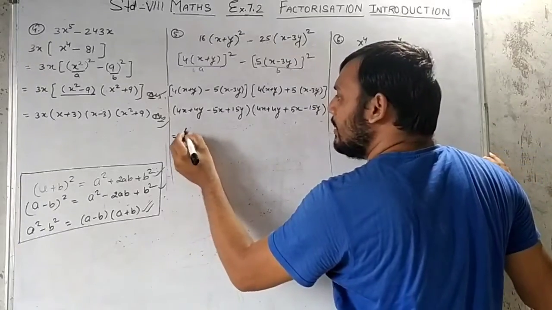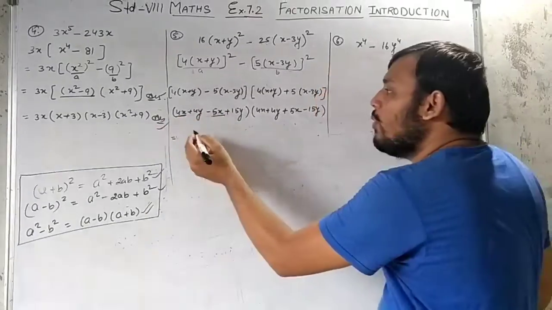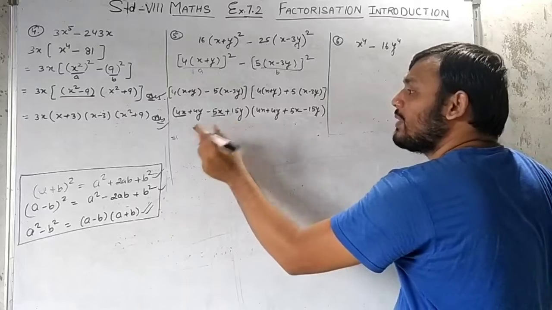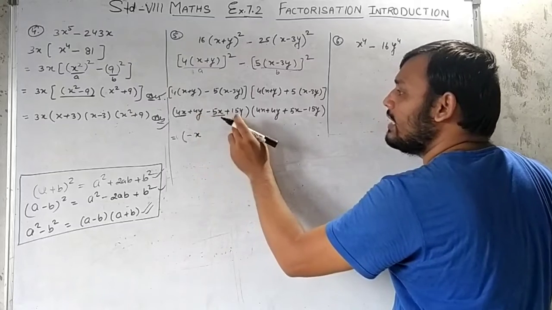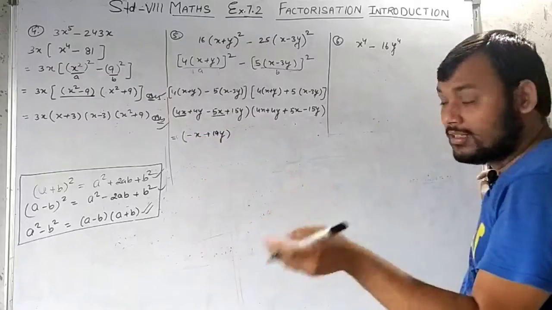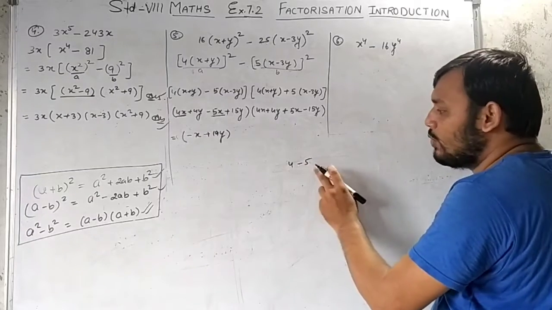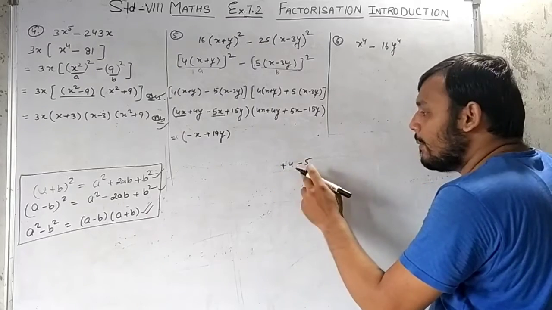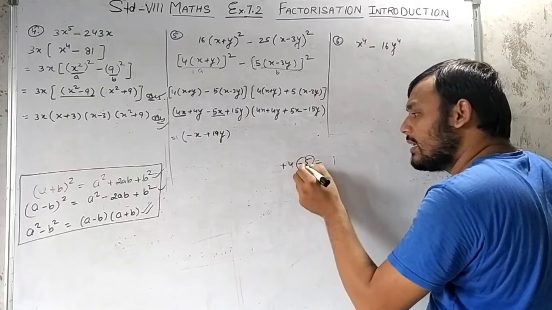Again we will try to reduce it. All the like terms we will count together. We are going to add 4x minus 5x. So 4 minus 5 will be minus x, and 4y and 15y will be 19y. How did 4 minus 5 come to minus 1x? See here: 4 minus 5, now we have to subtract, and from 4, 5 cannot be subtracted, but still we will do it. See how: in front of 4 there is a plus sign, and plus minus is minus, so we will subtract. Subtract 4 from 5, 1 will come, and the sign of the bigger number is taken. In front of 5, what is there?